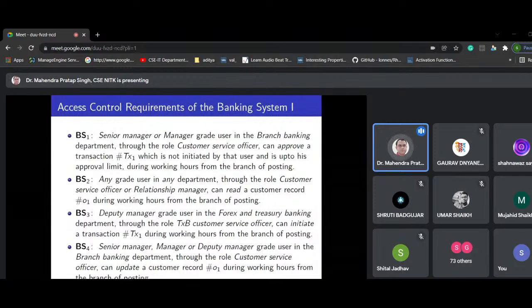So let us assume that the first banking system requirement is: a senior manager or manager grade employee in the branch banking department, through the role customer service officer, can approve a transaction which is not initiated by that user and is up to his approval limit, during working hours, from the branch of posting. I don't know how many of you are familiar with the branch banking money